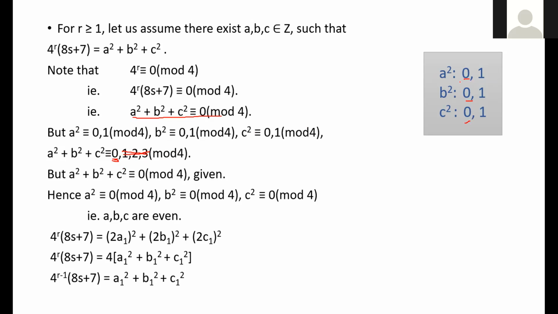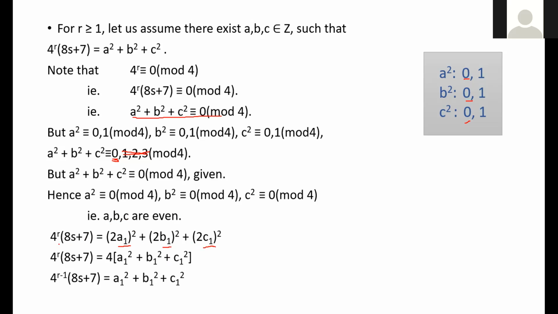What can we say about a if we know that a square takes the form 4k? We know that a is even, right? So are b and c. So we can write a as 2a1, b as 2b1, and c as 2c1. Again, we do not know if a1, b1, and c1 are odd or even. We just know that these are some integers.